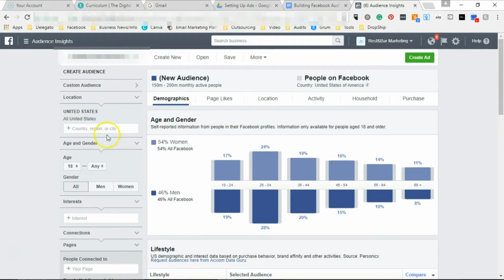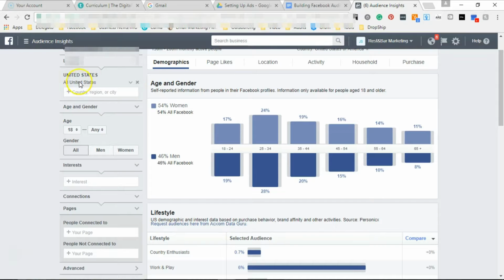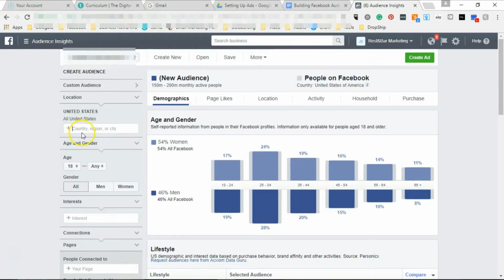Some key things to know. This part's easy. It's the location, the age and gender, and that's really the easy part right there. So you're going to want to start right here. One quick thing to note: if the customer, say for example, is a salon, and they're in Atlanta, are you going to travel 55 miles to go to a salon? Are you even going to travel maybe 25 miles to get your hair done? No, not usually. So you want to make sure that the location is very specific,